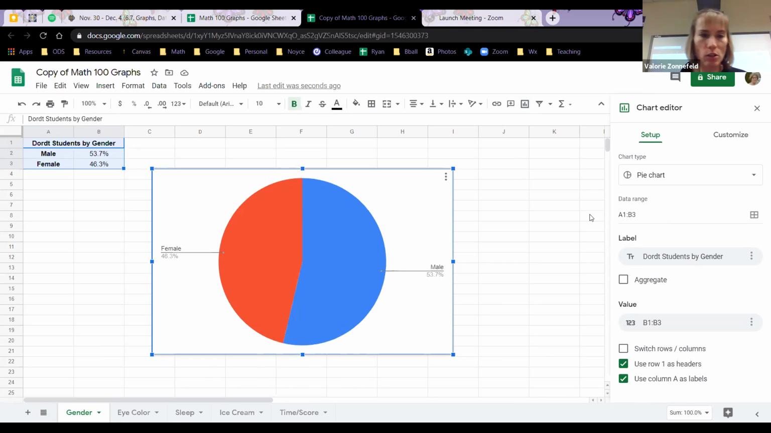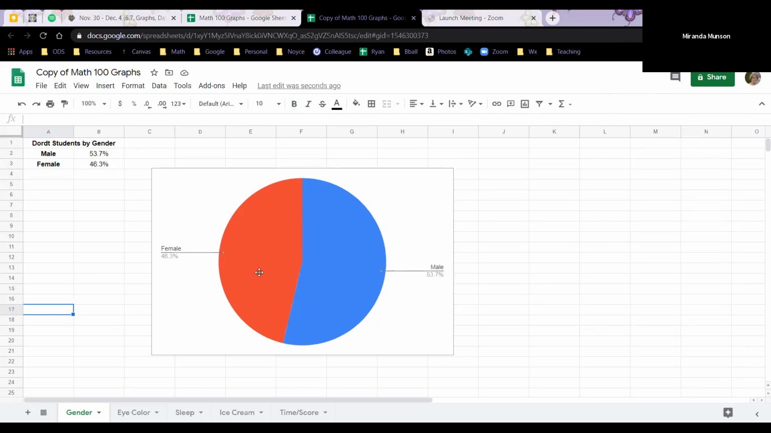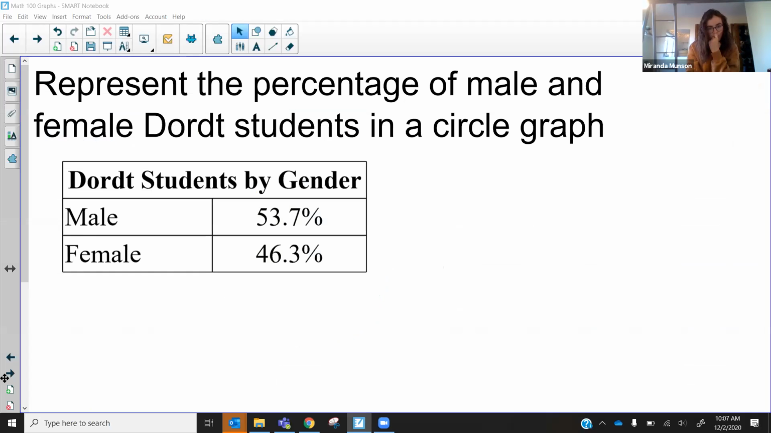Okay, so we know how to do a pie chart. Now let's go on to the next thing. So I need to share this a second. Okay, so the next thing I want to look at, my computer's running a little slow,